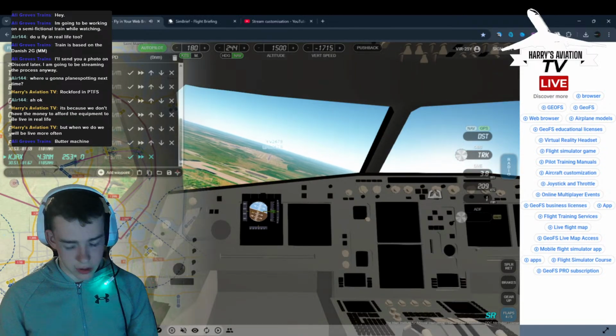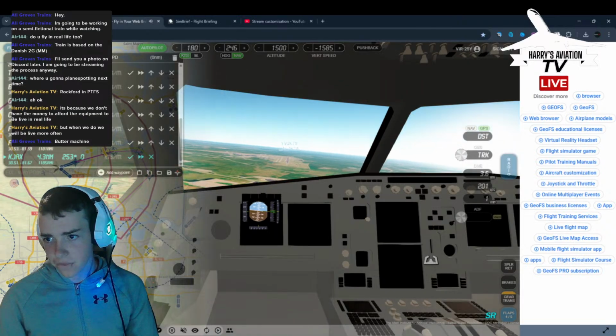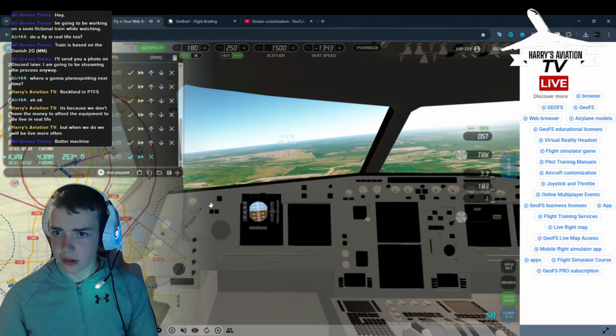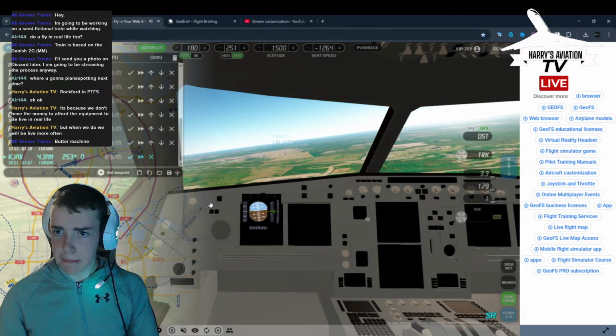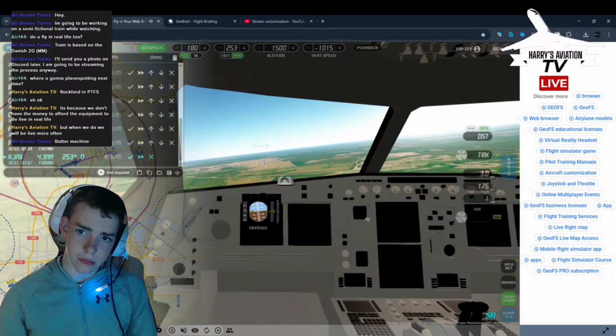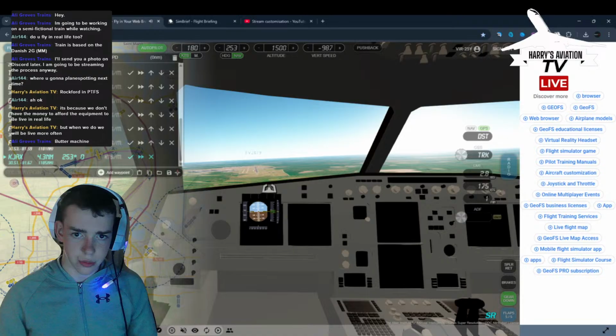So locked on ILS, gear down. 2500. So gear down, flaps full, got 2 on the